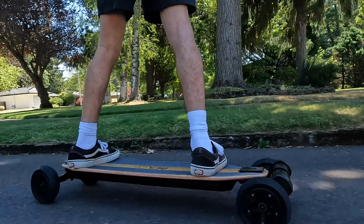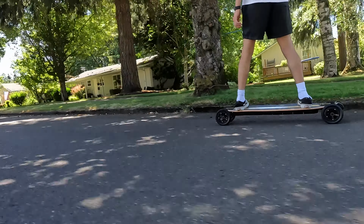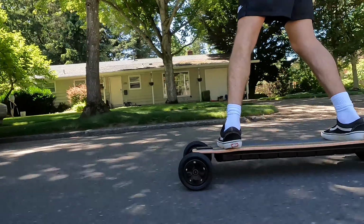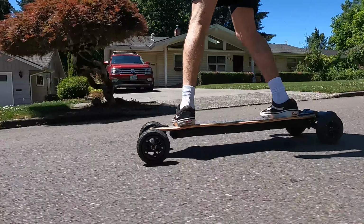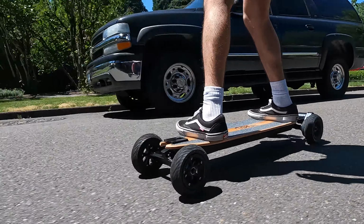The fifth subject that I have is the ride feeling of this board, which I really enjoy about the Havoc. The board uses a flexible deck and enclosure, and combined with the double kingpin trucks, that makes this board great for carving and a whole lot of fun. On top of that, the flexi deck and enclosure combined with the 6-inch pneumatic tires also make for a very